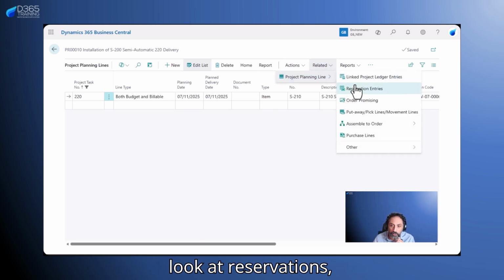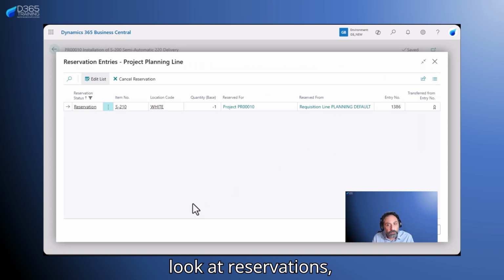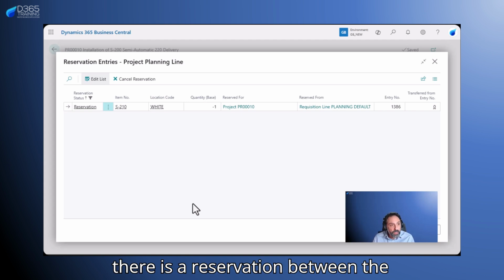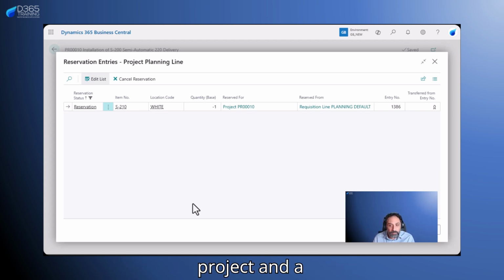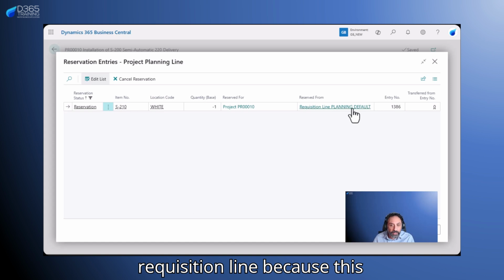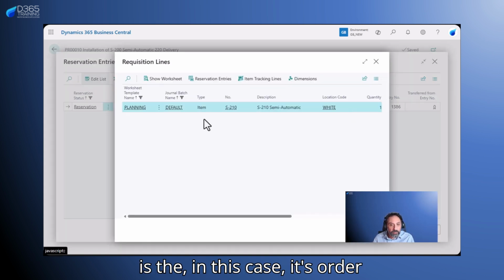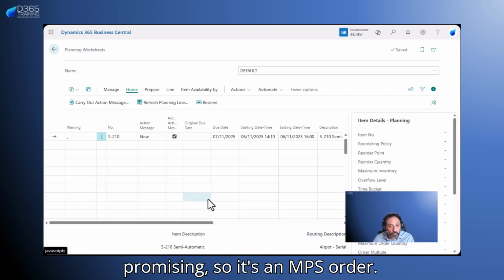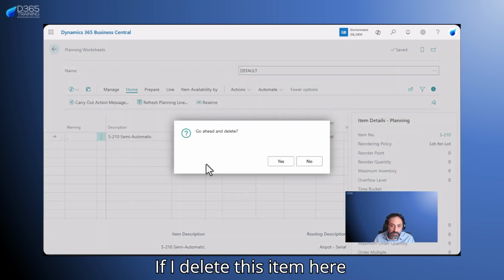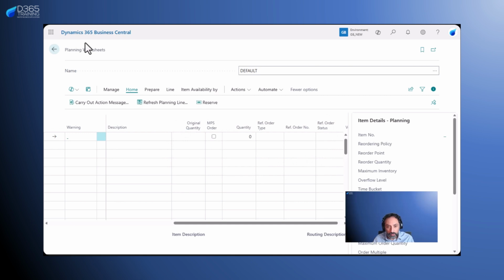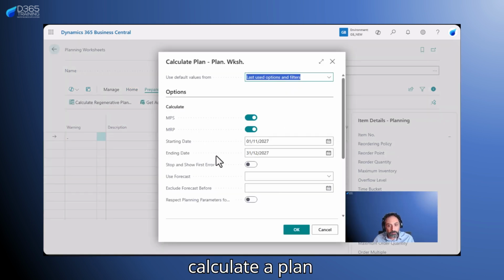When I look at reservations, I can see that there is a reservation between the project and a requisition line, because in this case, it's order promising, so it's an MPS order. If I delete this item here, and I'm going to calculate a plan,